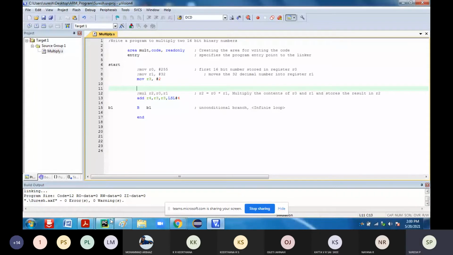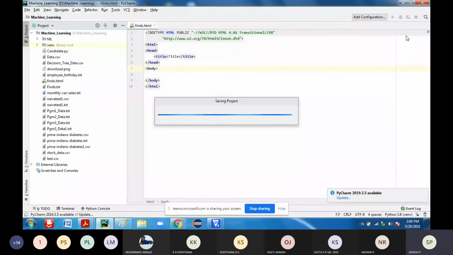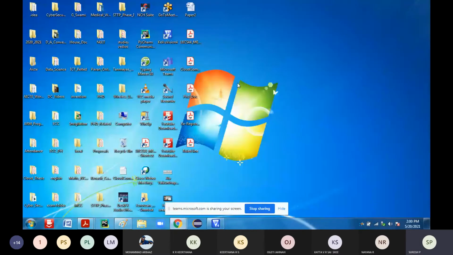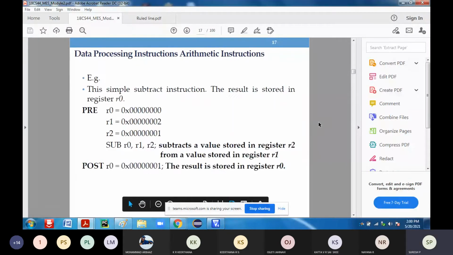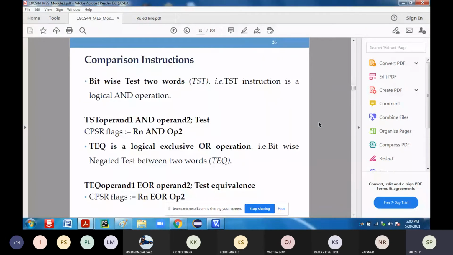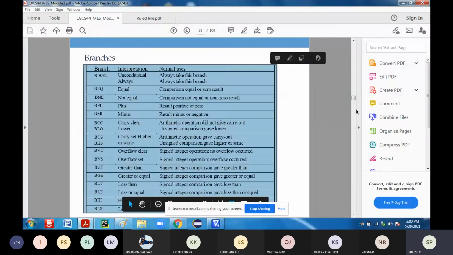So let's close it. Now here we are going with some instructions you should know. The next program is you have to write a program to